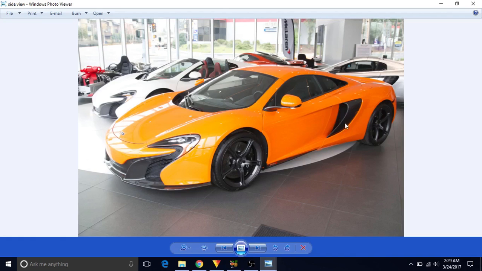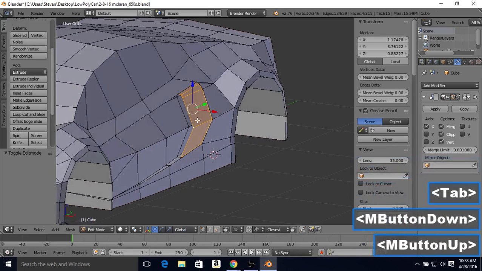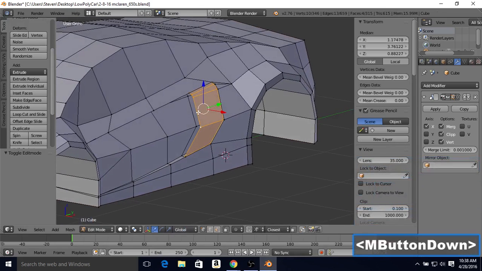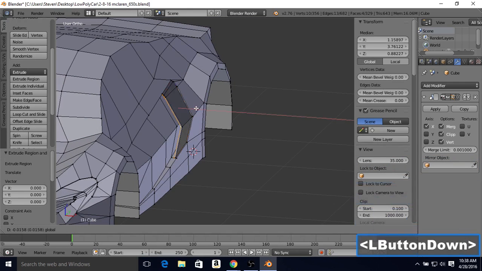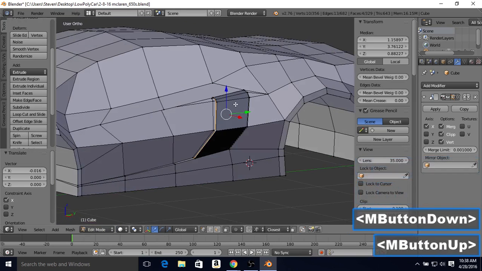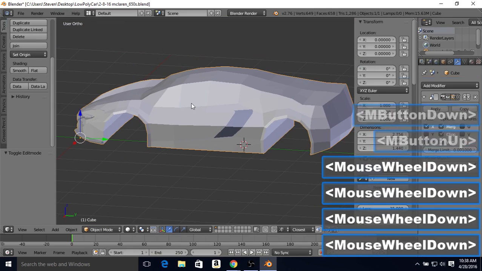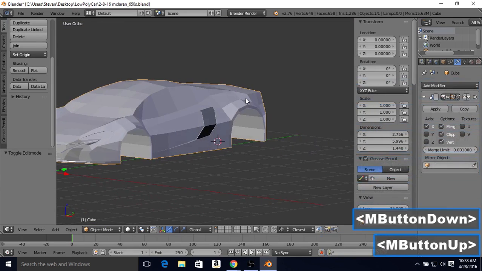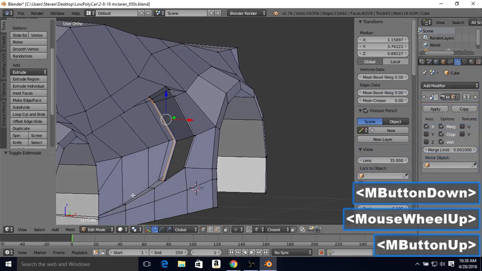It's going to need probably some depth to it. Yeah, like it's paper thin right now, and it's not supposed to be paper thin. It's pretty easy to fix. Just press E to extrude. Right click to cancel and bring it in a little. But you'll notice that we actually just messed up the normals on this. As cool as that looks, we just messed up the normals. So we can fix that by